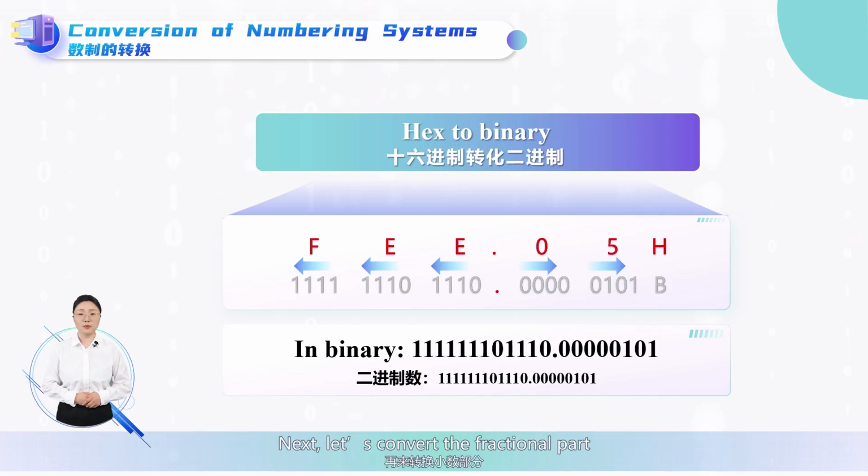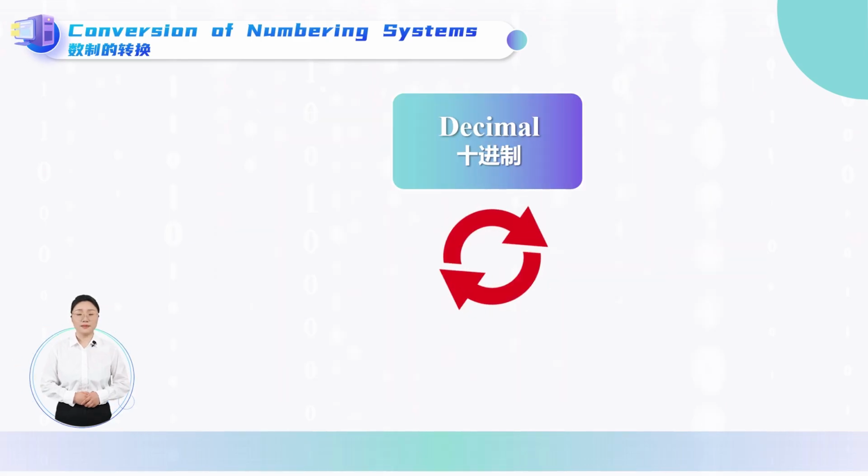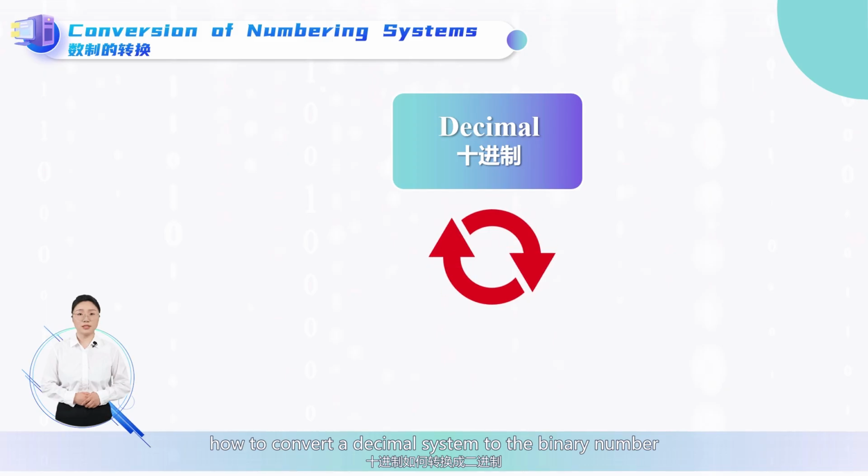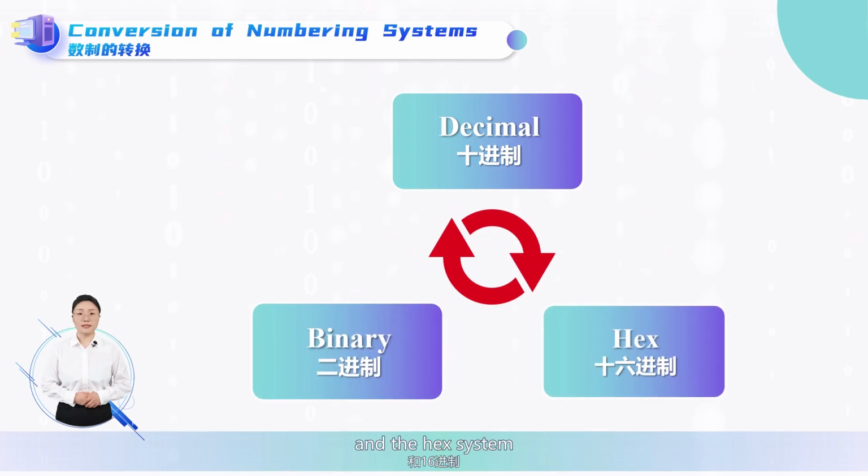Next, let's convert the fractional part. After the decimal point, 0 may be converted to the binary number 0000, and 5 may be converted to the binary number 0101. So for this number, FEE.05H, we get 1111 1110 1110.0000 0101. Finally, let's look at how to convert a decimal system to the binary number and the hex system,